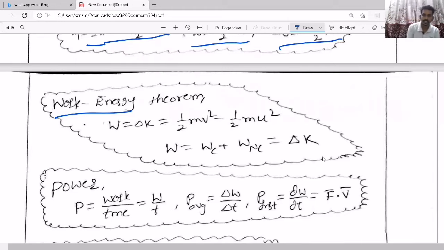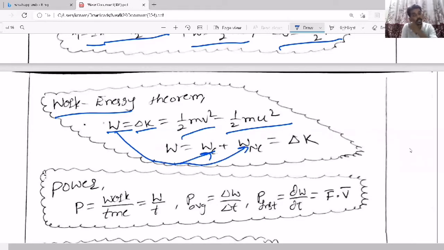So that's why there is a formula that the total work done by all the forces acting on the body is equal to the change in kinetic energy, final minus initial kinetic energy. That work done means work done by conservative and work done by non-conservative forces, both will come. But in our entire syllabus, the only non-conservative force is what? Friction. Friction is the only non-conservative force, and the total work done is equal to delta K.